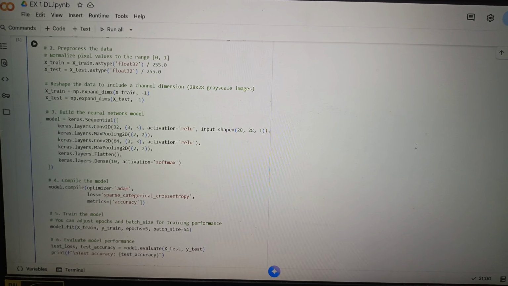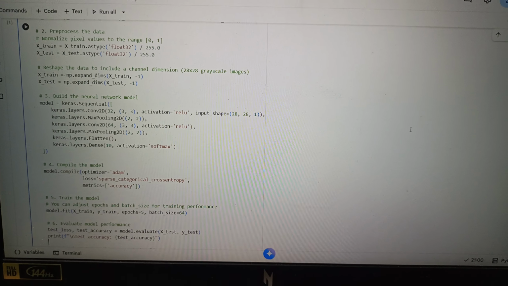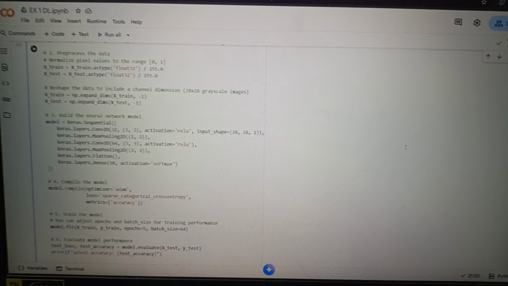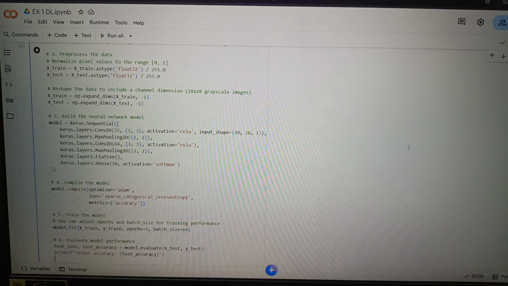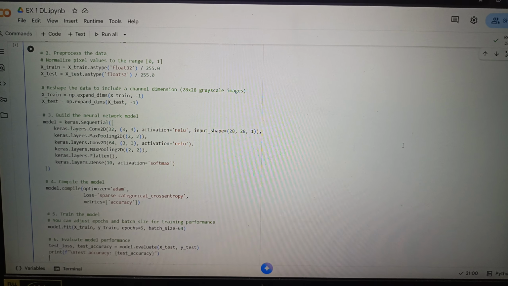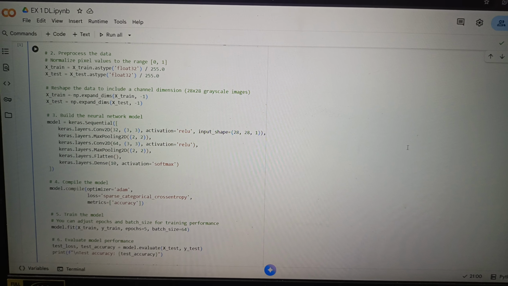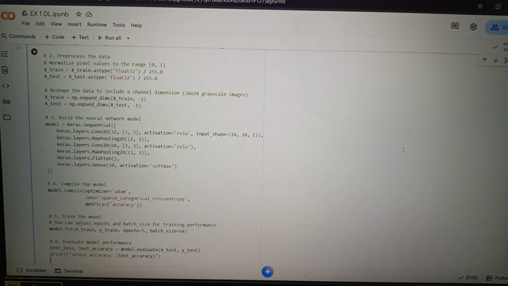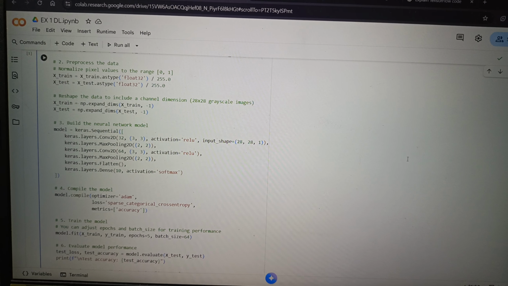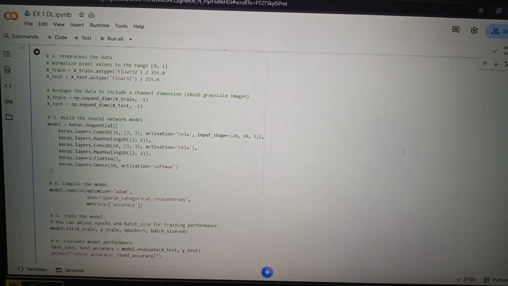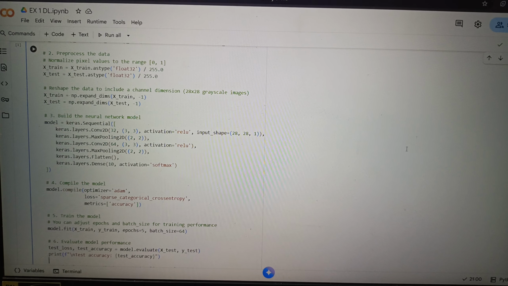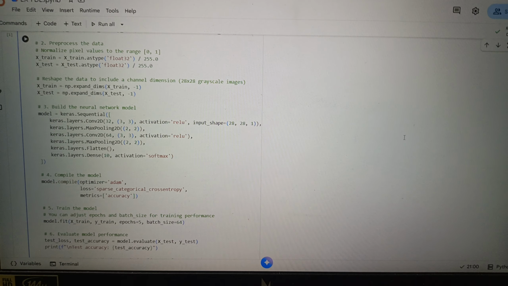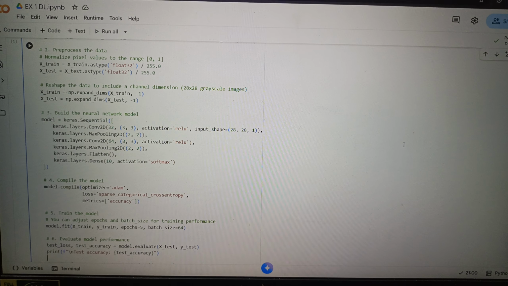Next, building a simple neural network model which has 5 layers. The first is the convolution layer, which has 32 filters and a size of 3x3, with an activation function of ReLU, which introduces non-linearity to the model. And the next layer is max pooling layer, which is 2x2, which takes the maximum value from the 2x2 size window. And the next layer is convolution layer with 64 filters and a size of 3x3 with same activation ReLU,